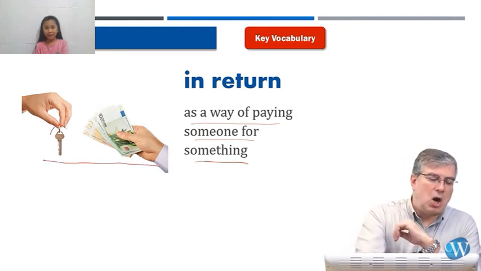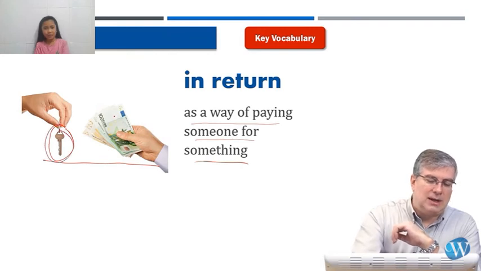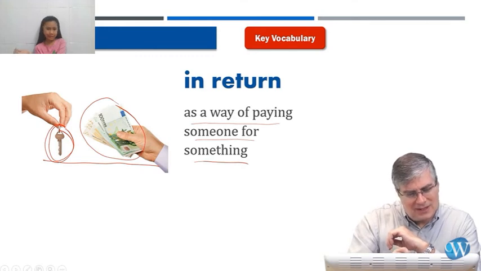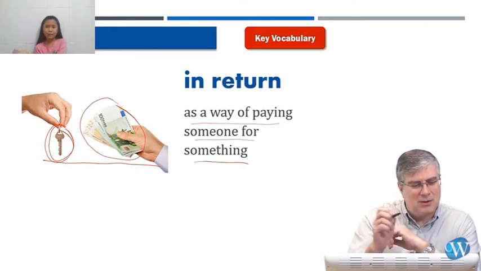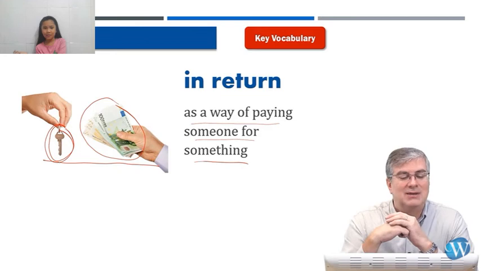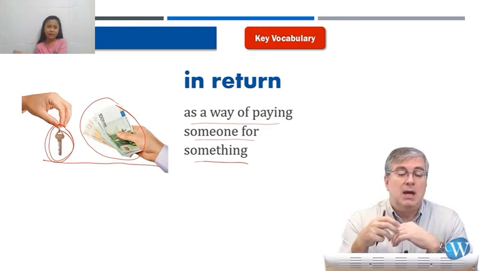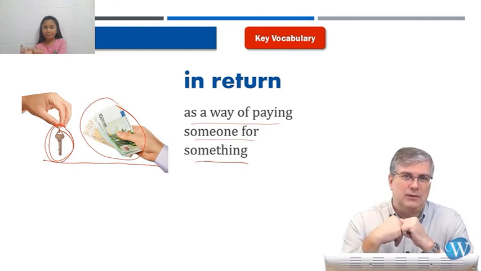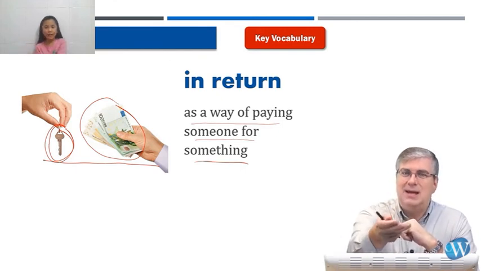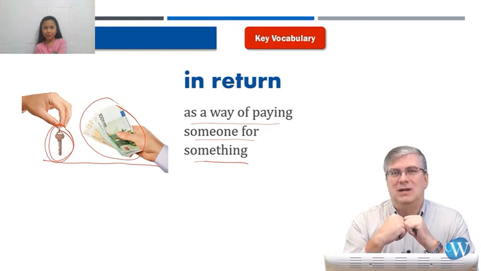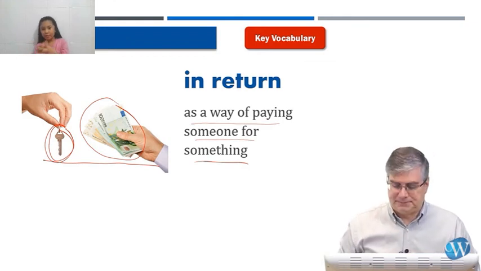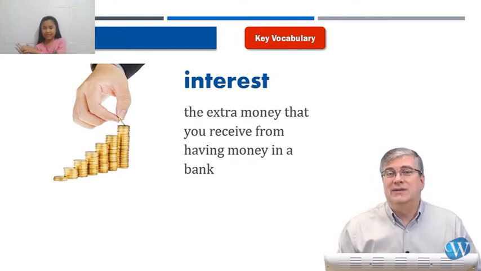This picture is showing somebody buying a car, or maybe they're buying a house. And in return, they will give them a lot of money. I don't know what currency that is. It looks like Korean money, but I'm not sure. Anyway, they give money in return. So if you give someone a thing, they will give you something in return.